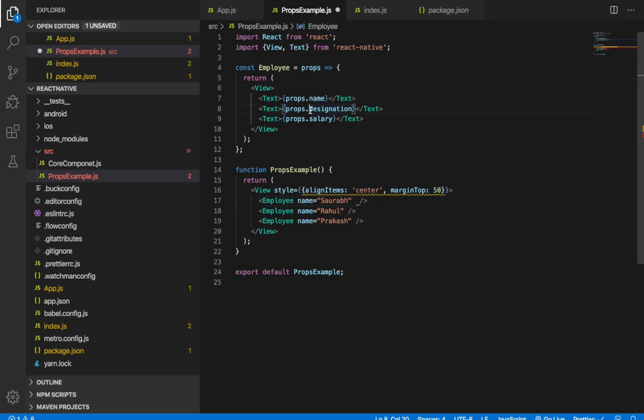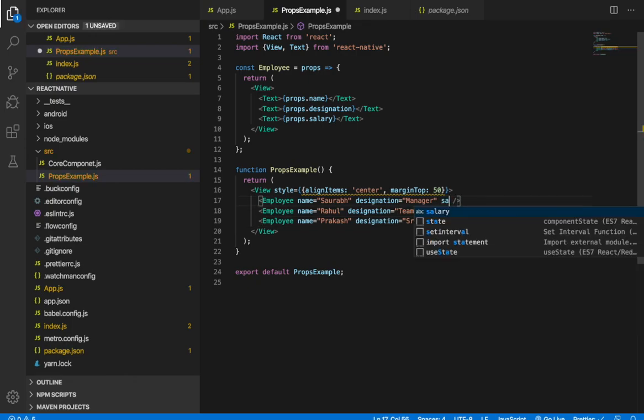So we can put other properties here also, like Saurabh's designation is manager, Rahul's designation is team lead, Prakash's designation is senior engineer.